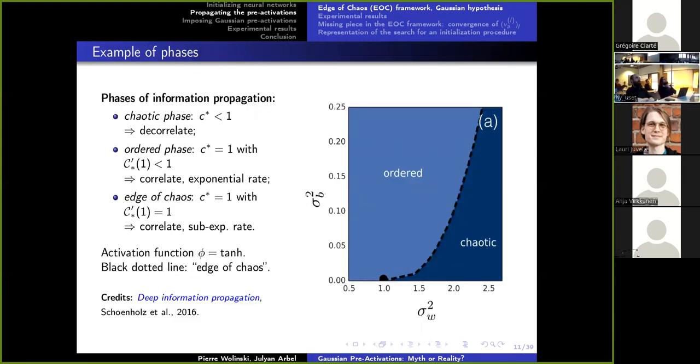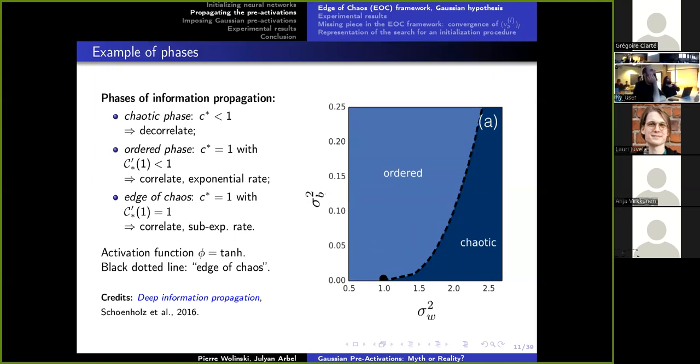We can represent it on a graph. So in function of sigma W and sigma B, we can compute the chaotic phase, the ordered phase, and on the black dotted line, it's the edge of chaos phase. So there is one thing to say about